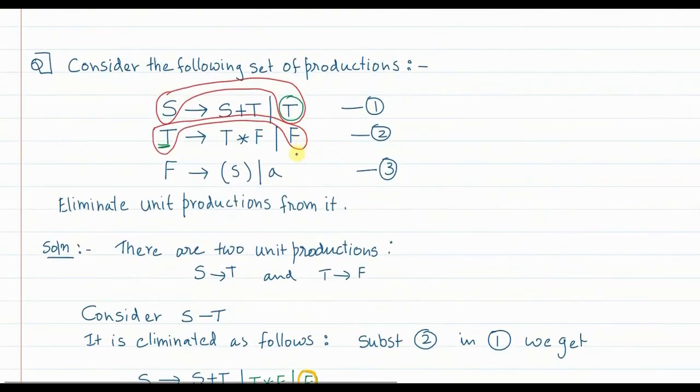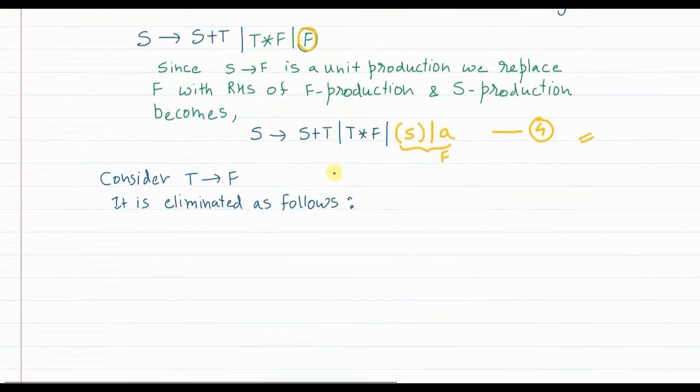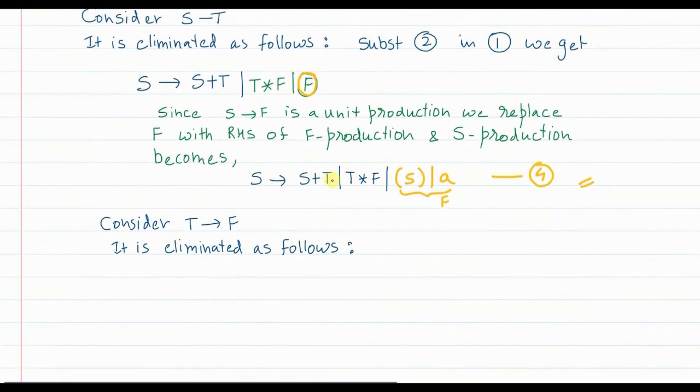Now to eliminate in T production, T gives F, this term was actually giving a problem. So to eliminate this, in equation 2 I will substitute equation 3. So substitute equation 3 in equation 2, we get,